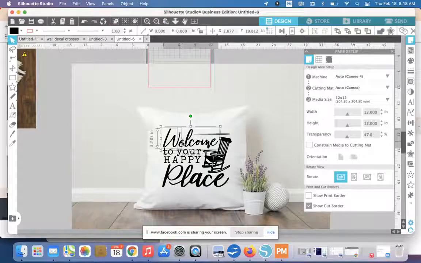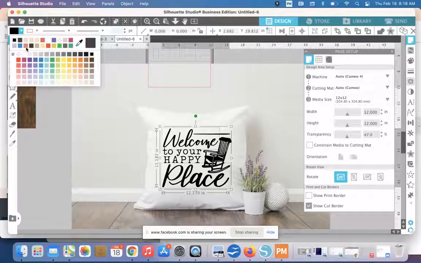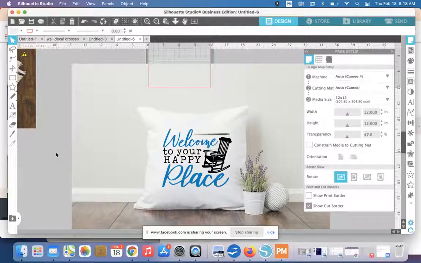Okay, so I'm holding down. I'm going to group those together so it's a little bit easier, and then I'm going to group this as well. So now let's say we want to decide, let's see what it looks like if we do those in blue. Okay, so if you're doing them in blue, I just changed those specific colors, and now I'm like, I don't think blue is really going to work for